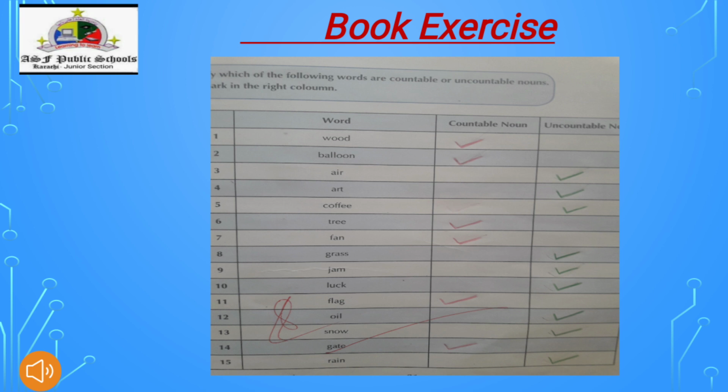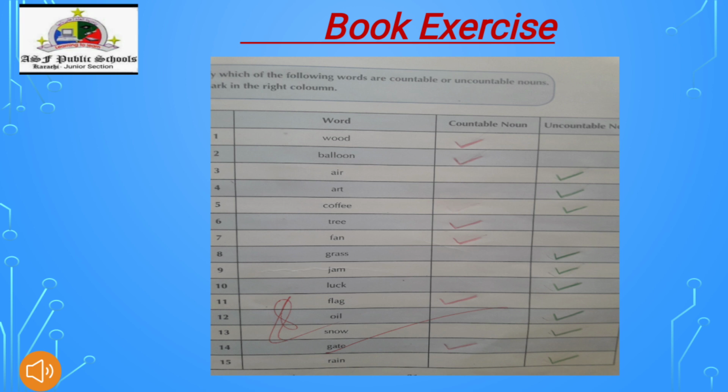Tree. Yes, we can count tree as 1 tree, 2 trees, and so on, so it is a countable noun. Fan. Same goes for fan. It's a countable noun. Grass. Kids, can you count grass? No. Okay, so it is an uncountable noun. Jam. Jam is also an uncountable noun because we can't count jam. Luck. Luck is an abstract idea, so we can't count luck. Flag. Yes, we can count flag as 1 flag, 2 flags, and so on, so it is a